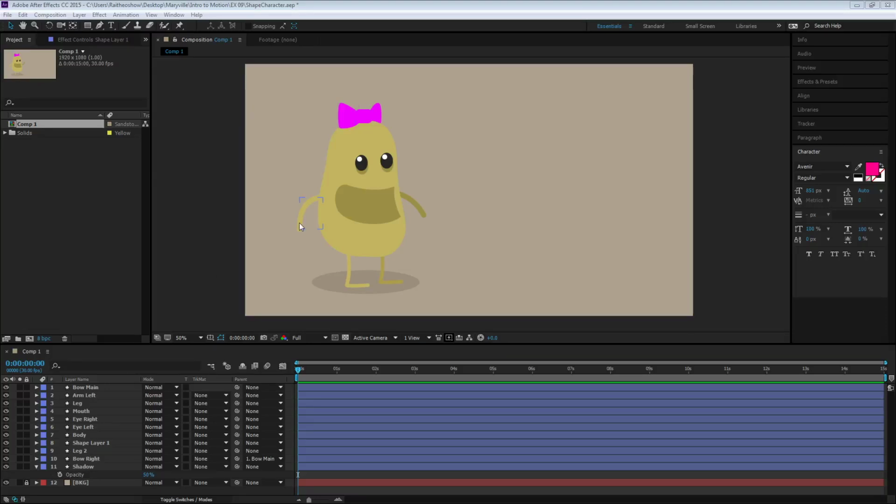So when working with simple shape characters, it's pretty easy to just start getting them animated using some of the different transforms that we've talked about. Things like position and scale transforms are the basic building blocks of getting these characters moving and looking fun and engaging. But I wanted to take a few moments to animate a few seconds of this character doing something fun, maybe throwing its hands up and having a quick celebratory moment. So I'm going to narrate a few of those steps just so that you can have a reference,